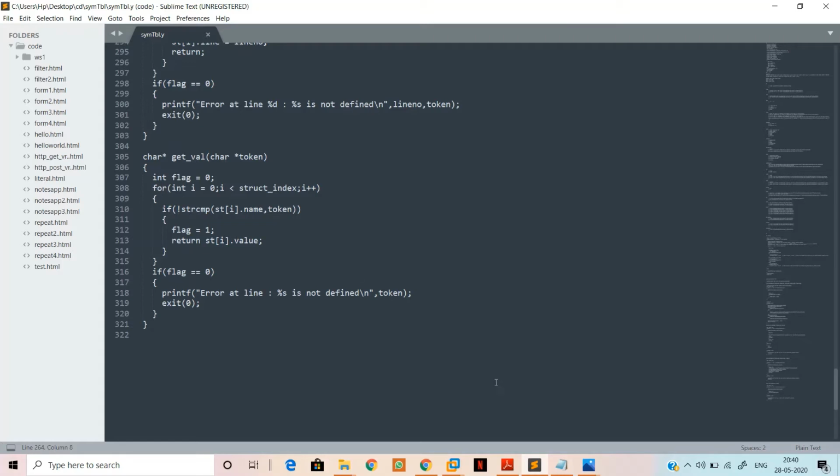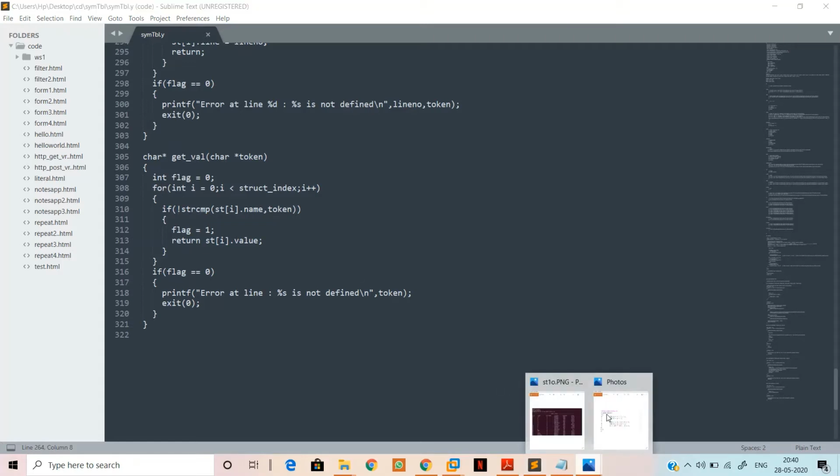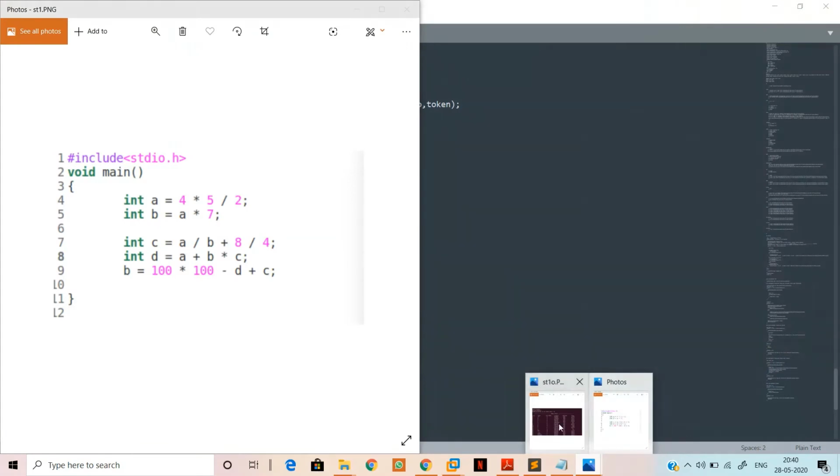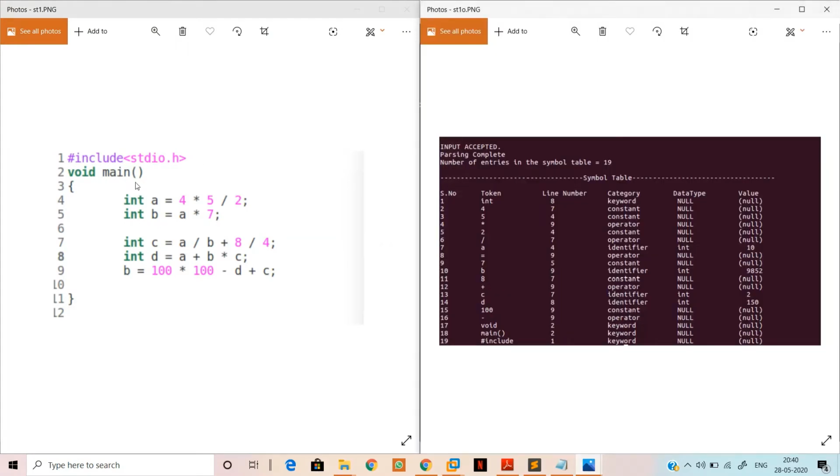So here is an example. Suppose this is an input, the corresponding output is shown here. Suppose we take token a, then this is the category of an identifier, the data type is int, and it occurs at line number 4.